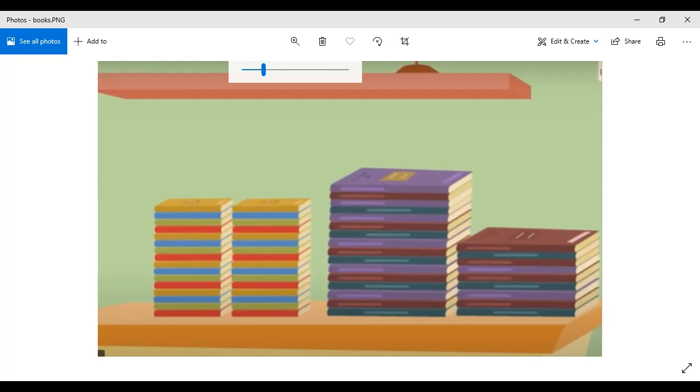Let's assume that we have 20 big books and 25 small books. If we want to add them, we will put them together, and the answer would be 45, right? Now consider this example in the other way for subtraction. If I ask you that there are a total of 45 books on the table, can you please tell me how many of them are small?